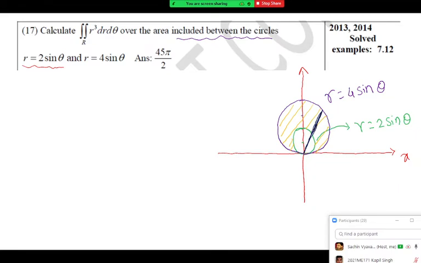I have drawn one strip here whose one end is fixed. This end is fixed to the origin. But if you see, the inner end of the strip is varying on this inner circle. Can you see? The inner end is at the origin, both points are the same. But later on, the inner end of the strip is varying on that inner circle. And the outer end of the strip is touching this circle only.